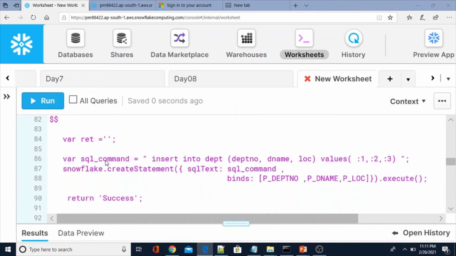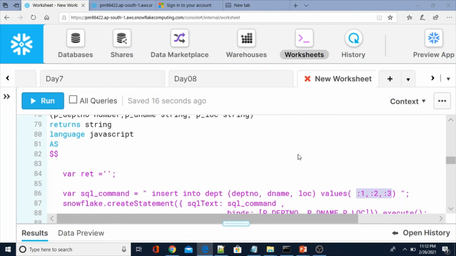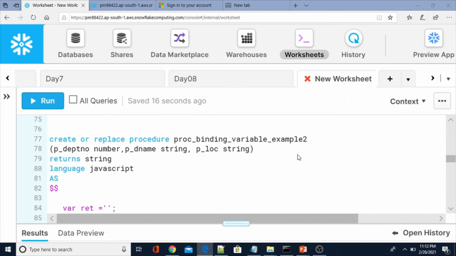What I am doing here is preparing the insert statement, insert into DEPT with 3 columns, values. Here I am using 3 bind variables. In Snowflake, you can use colon 1, 2, 3, colon numbers, or question marks. If you have multiple bind variables with question marks, you have to count the number of bind variables while passing the actual values.